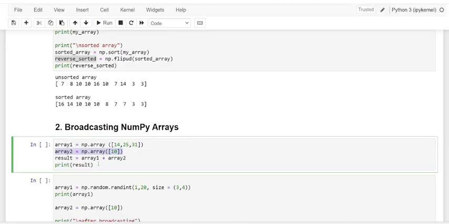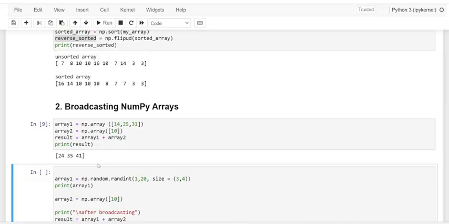When adding them, in the output you will see that the scalar value, 10, is added to each element of array 1. And of course, the result is stored in the variable result. Kindly observe, the first element is 14, second 25 and 31. Here 10 is added to the first element.